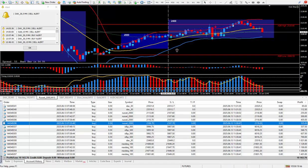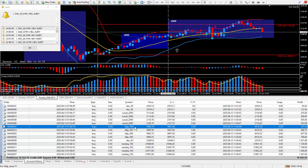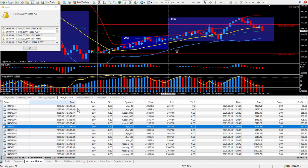Moving right along, let's see now. S&P, there's 4 trades in here. Normally it's $5 for each tick. Divide that by 2, so it's $2.50. So you got to divide it by 2.5. And on the first one here, on the S&P 500,